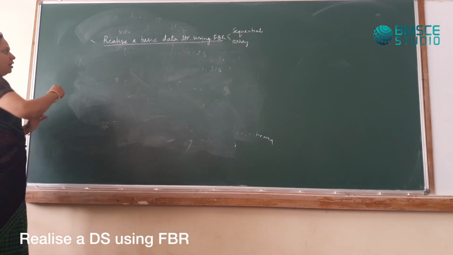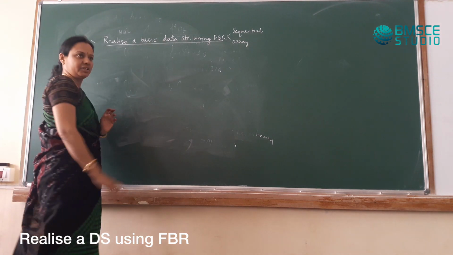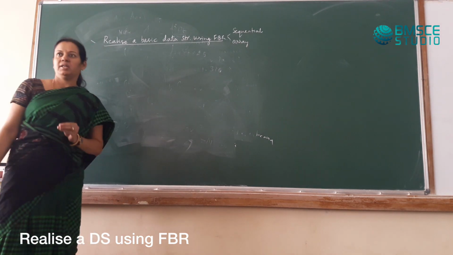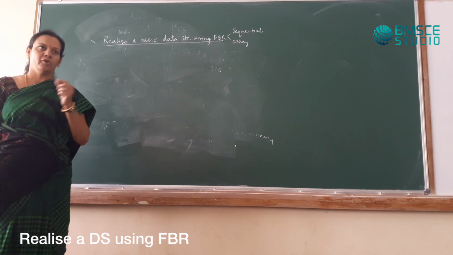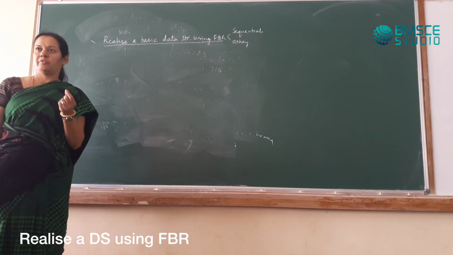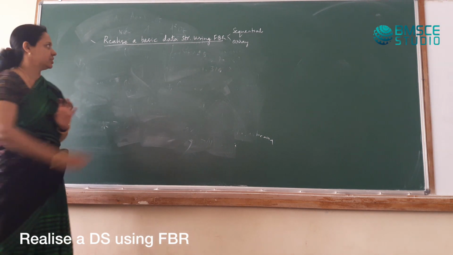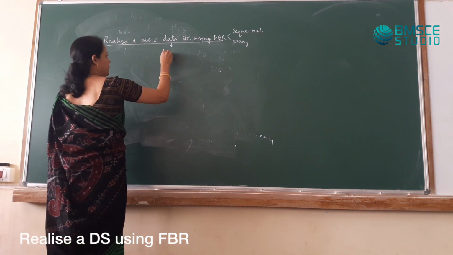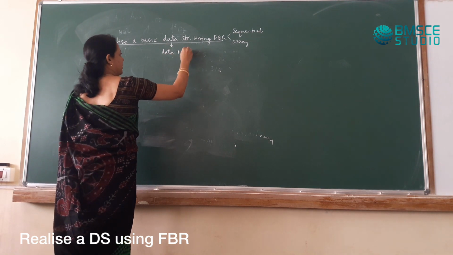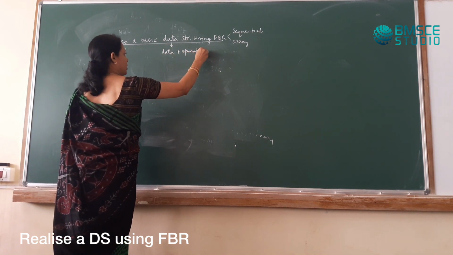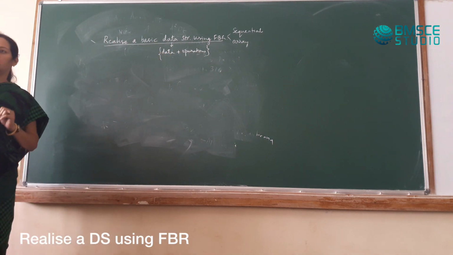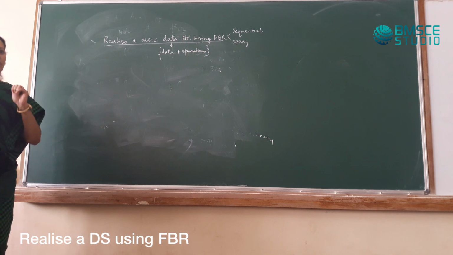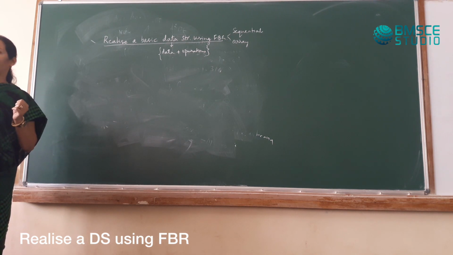Okay, so we have to realize a data structure. A data structure means a combination of data values and the operations that can be performed on the data, or that need to be performed on the data. So data structure for us is now data plus operations on the data clubbed together. So what is the construct that we will use? We will use class. What type of class do we realize? Template class or a generic class.